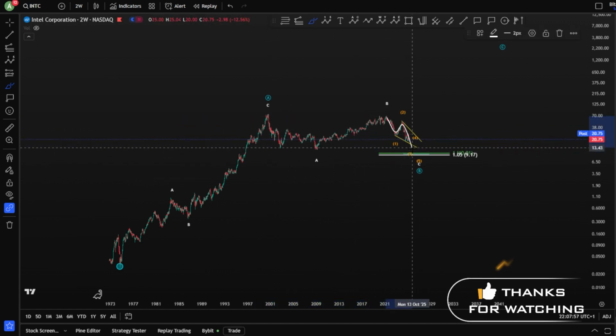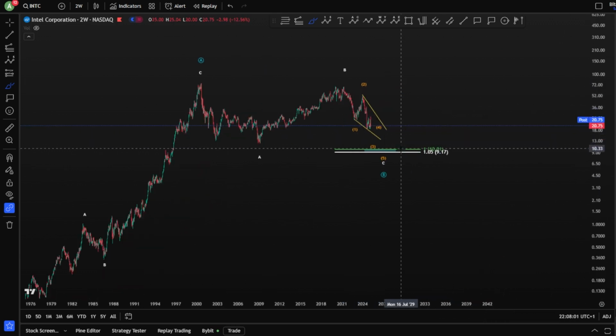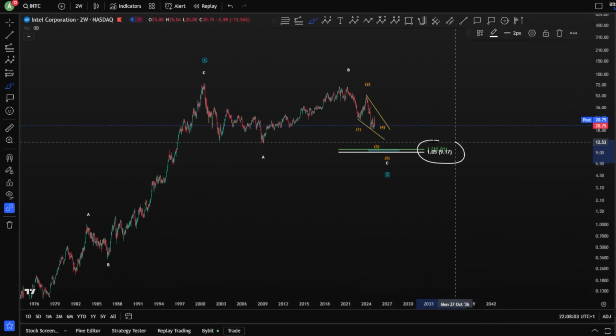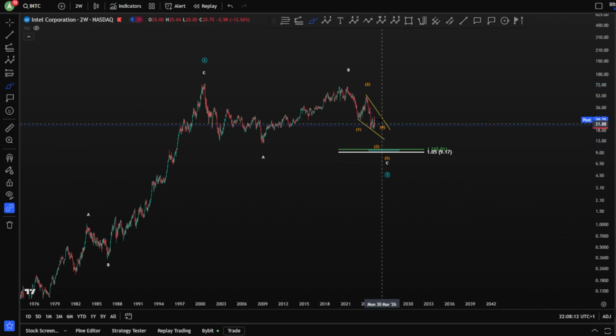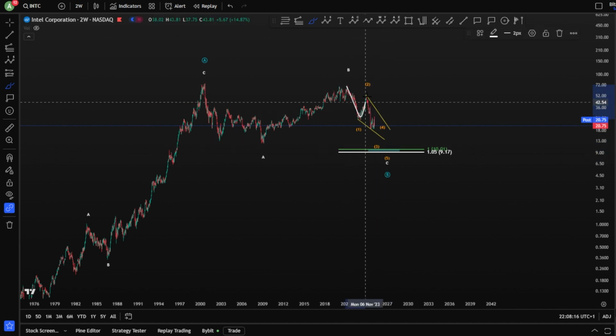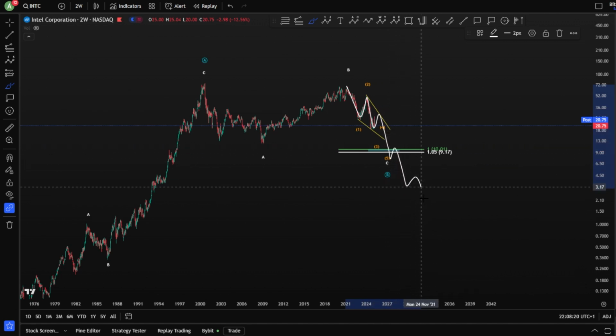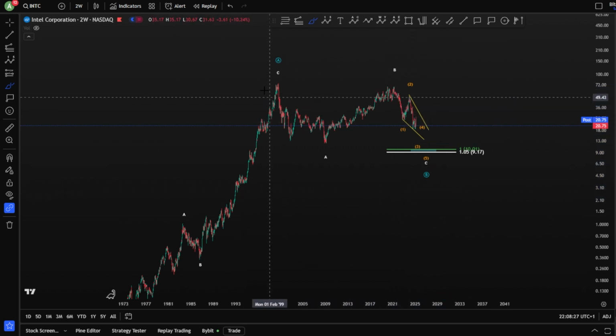Your wave C is potentially an ending diagonal here, possibly reaching the 1-to-1 fib level. However, if we take a look here at 1, 2, 3, 4, and a 5, your wave 5 cannot be longer than this. If the wave 5 moves longer, therefore, it is an invalidation for this ending diagonal, transforming it into a double 1, 2, 3, 4, 5, 4, 5. This will not be looking nice for Intel, of course, because